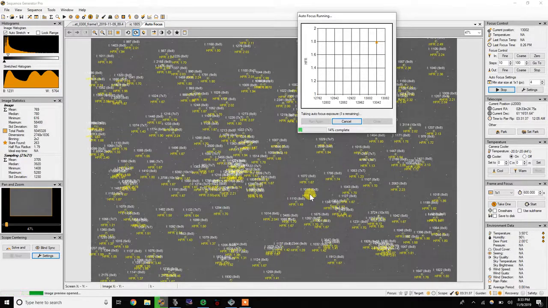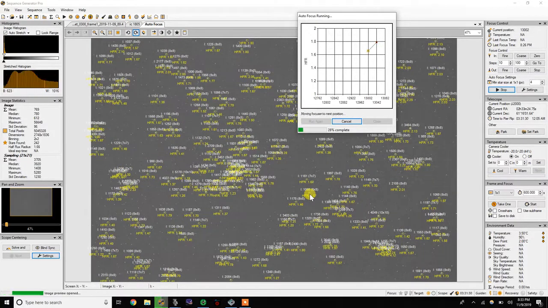I ran a test sub just to see how long it was going to take, I wanted to go for my histogram, my ADU there. And I decided on 5 minutes at this point. Went ahead and ticked off the autofocus on the run here, as you can see, and it started off